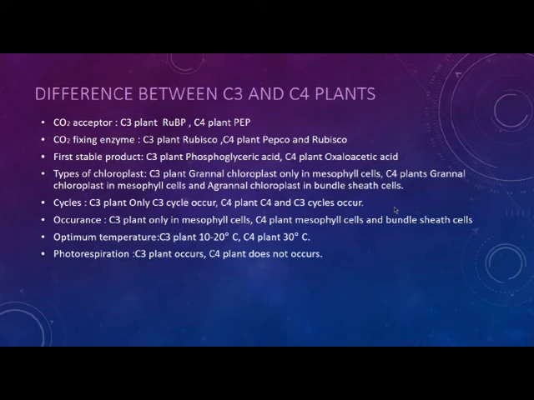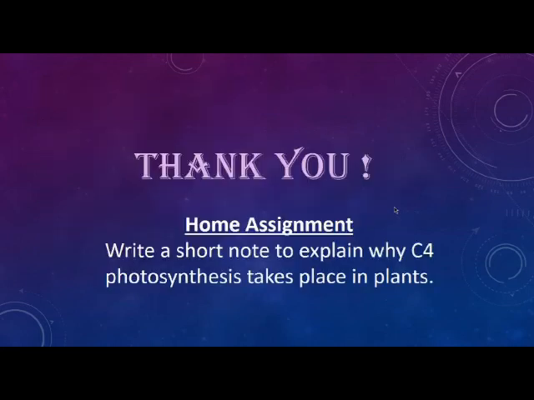Photorespiration takes place in C3 plants, but in C4 plants photorespiration does not occur. So basically this adaptability is to avoid or prevent photorespiration. Why? Because photorespiration wastes energy and is of no use to the plant. So this is an adaptability of C4 plants, that they can easily go through their photosynthesis process and make carbohydrates for themselves.